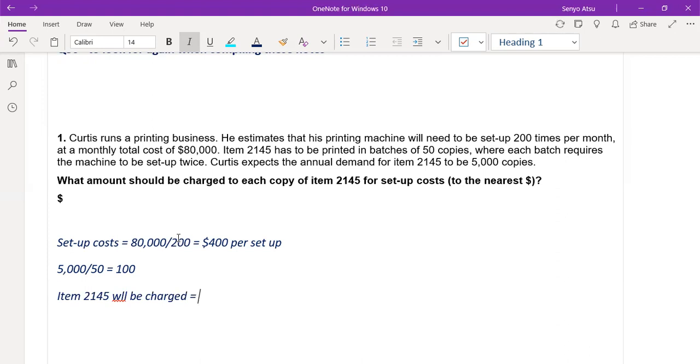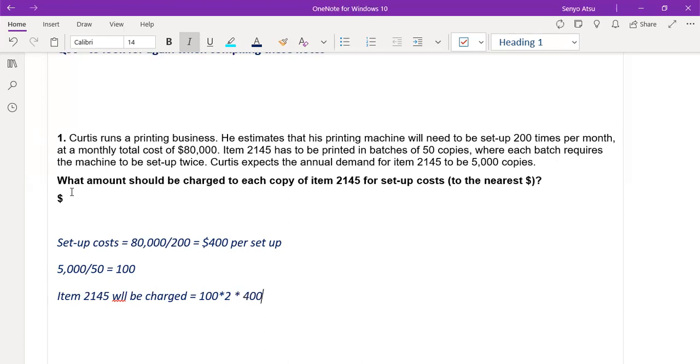Let's read this again. Item 2145 has to be printed in batches of 50 copies, where each batch requires the machine to be set up twice. So 100 batches, and machines will be set up twice for each batch. Sorry about that. 100 batches, each batch machines are set up twice, so 100 times 2, 200 setups